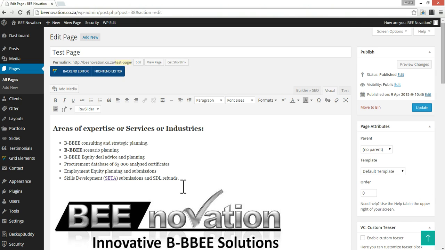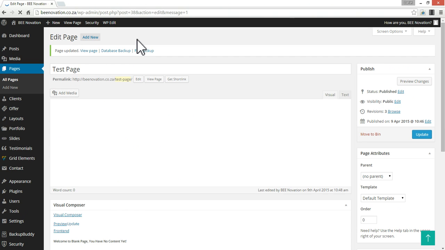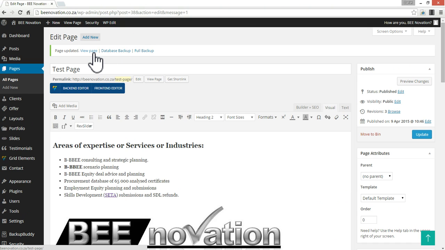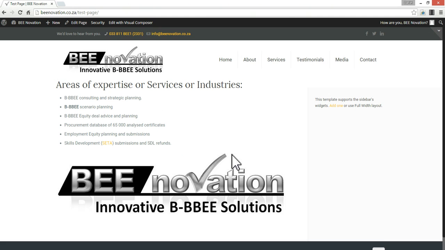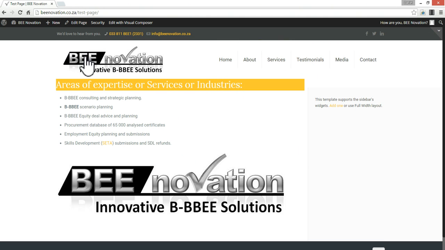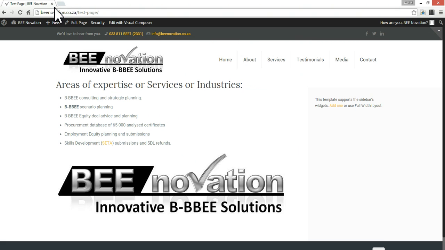I'm going to insert that into the page, and I'm going to click update. So now I'm going to view this page, which you can click up here, and there's our nice logo just below where we wrote those services. There's a couple of things to notice here. There's no header section, so it's a bit strange to have this section so close to the header section where the initial logo is. So the way to get around that is, if we go back to edit page,